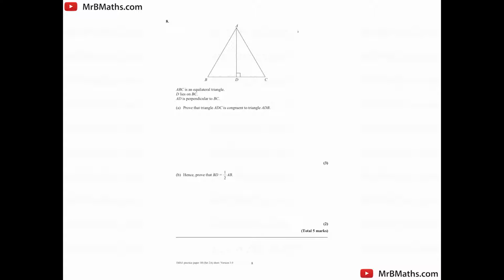Okay, so we know it's an equilateral triangle, so this side will equal this side, which will equal this side. We also know that this angle here will equal this angle here, will equal this angle up here. So there are several ways we can do this. So if I write statement and reason,